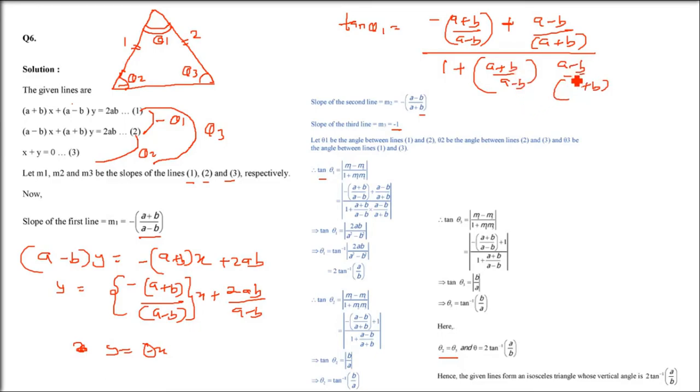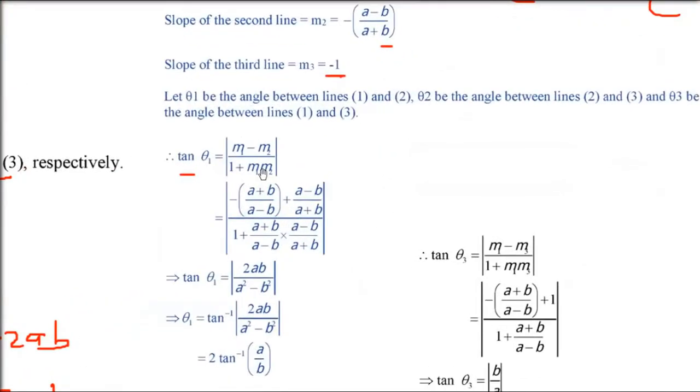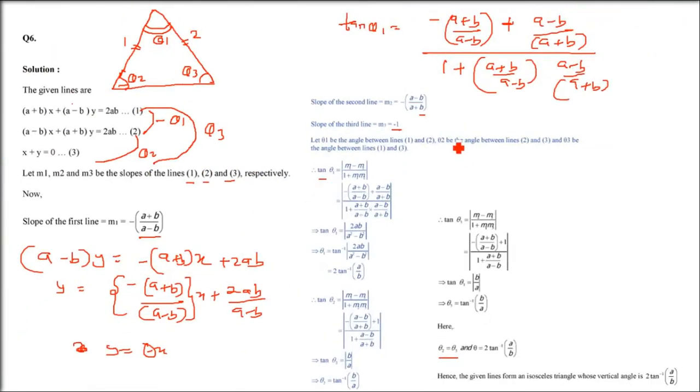Now this will get cancelled because you can see the reciprocals are there. In the denominator you are going to get 2 because 1 plus the other thing is going to be cancelled. Let me tell you again, in the denominator a plus b cancels, a minus b cancels. Let me take the numerator first, the second part first, just for convenience.